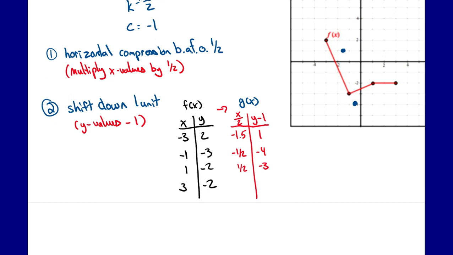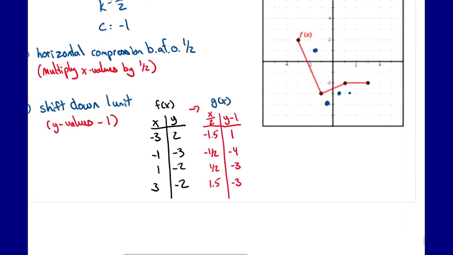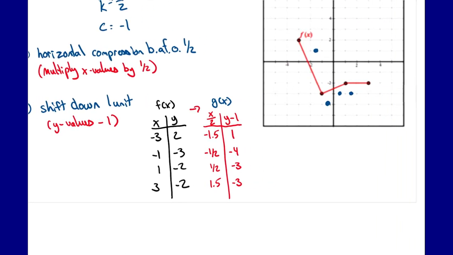So 1/2 and -3. And for the other one, 3 divided by 2 is 1.5. -2 minus 1 is -3. So I have a point at 1.5, -3. Oops. Right there. So now when I connect the dots,